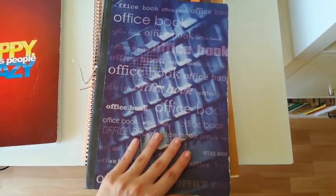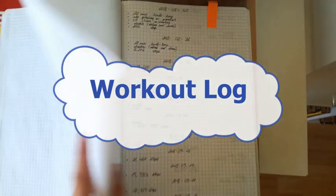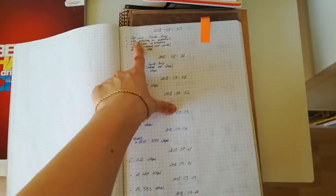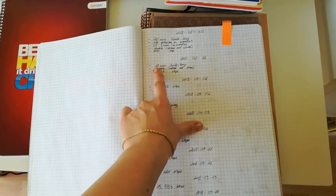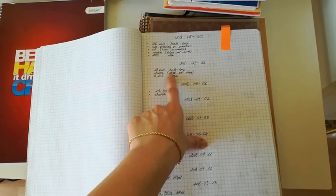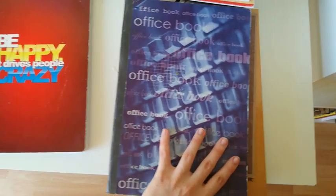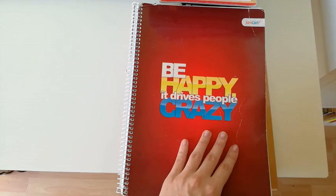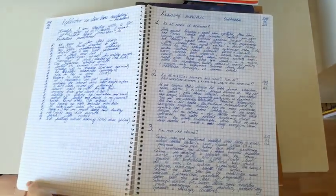Another idea could be a workout log, where you write down the date and what kind of exercise you did that day. It could be including stretching, the steps you took that day, and any other workout related items you could write down there. And last but not least, you can have a self-improvement journal, where you just write down